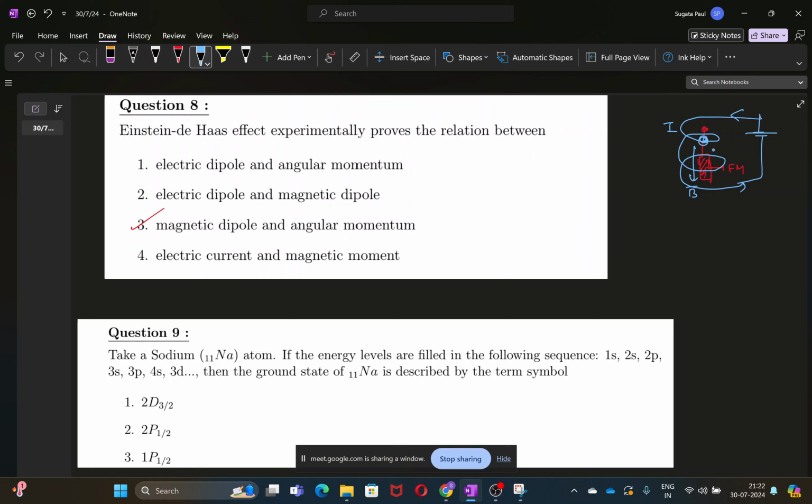So if the object rotates inside the loop, this mirror will reflect some light, and that light will be detected by an optical detector. This is for the record of the data. But otherwise, whenever you apply a current in the loop, it will generate a magnetic field around the material and magnetize the material, and as a result the material will